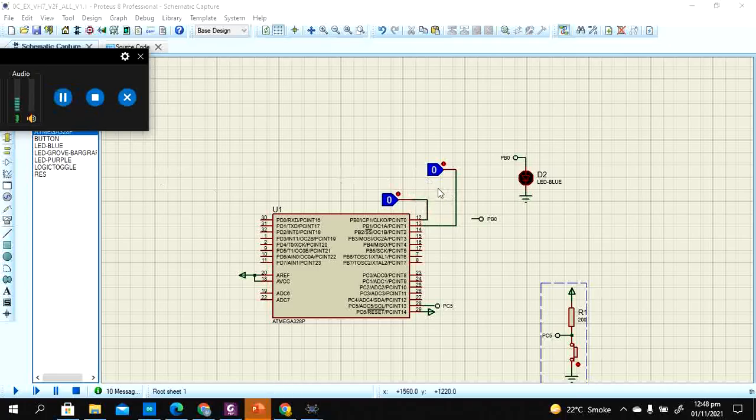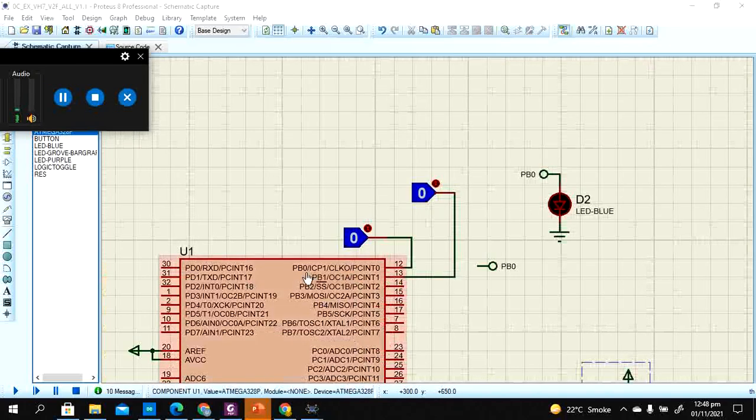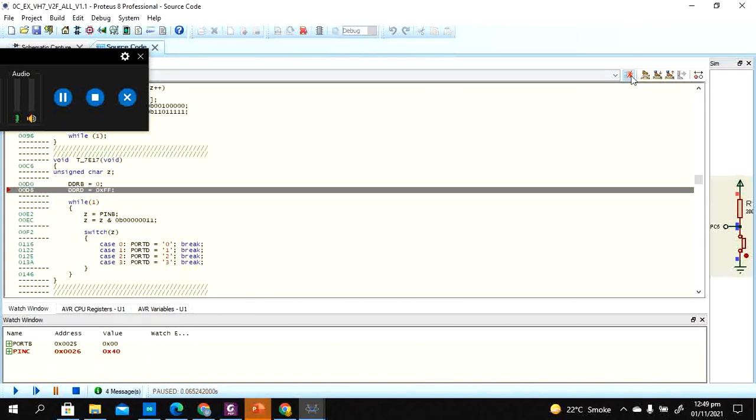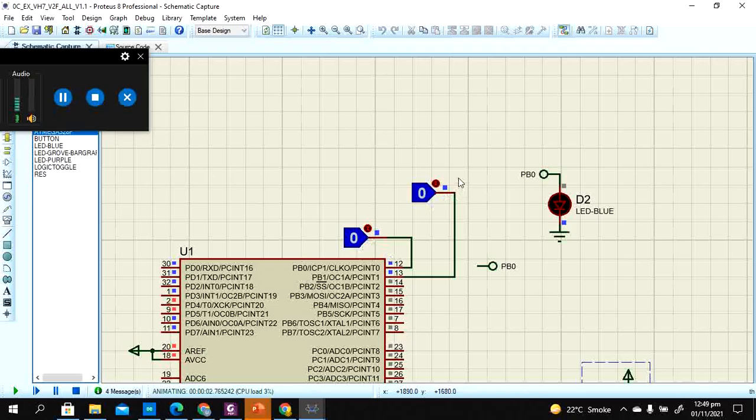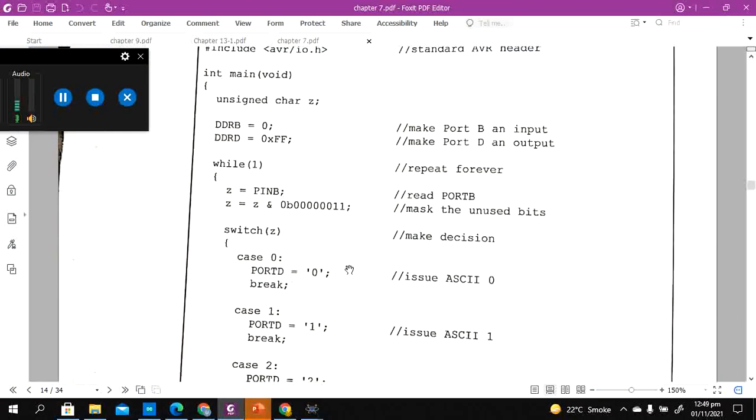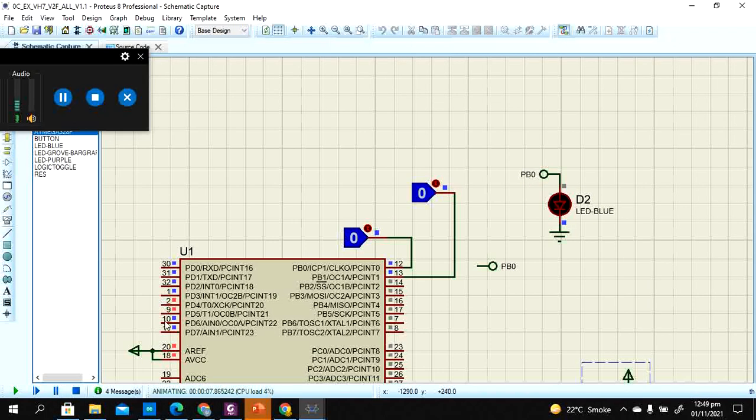I've added two pins here, pin 0 and pin 1, and whenever I change these, the output will be visible here. So let's run it forever and see the schematic. This is 0 0, so char 0 is shown here. This char 0 is basically ASCII symbol 30. You can see this 30 is 0011 0000, and let's say if I change this pin to 1, this is going to be 31, this is going to be 33, 32.